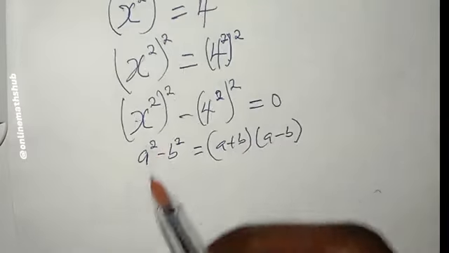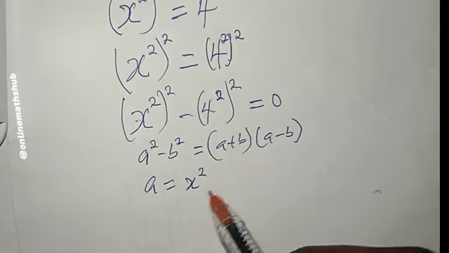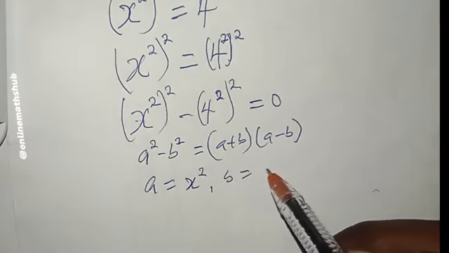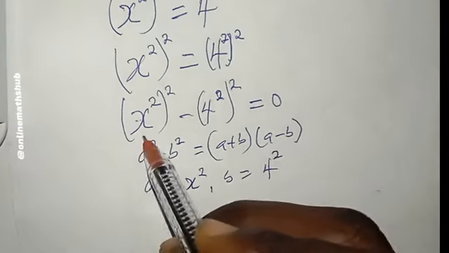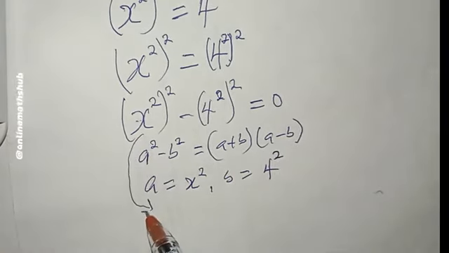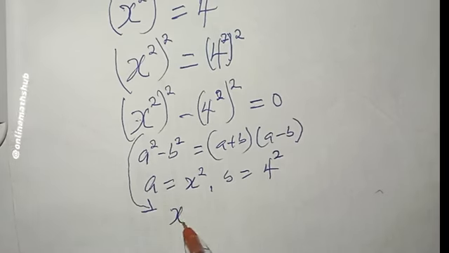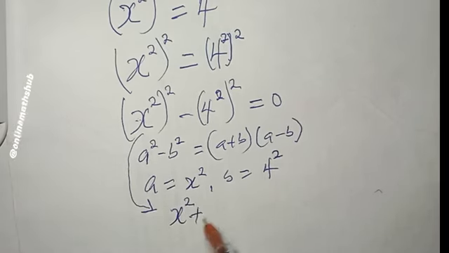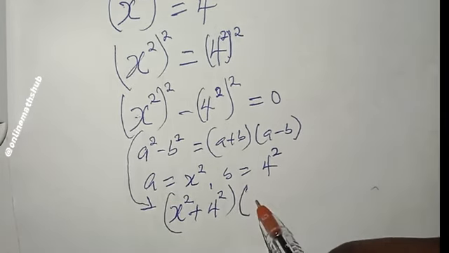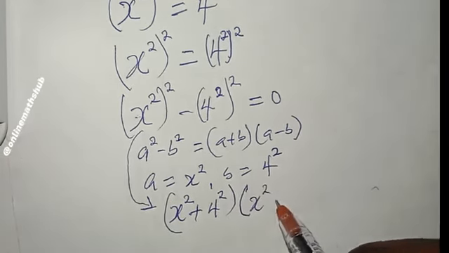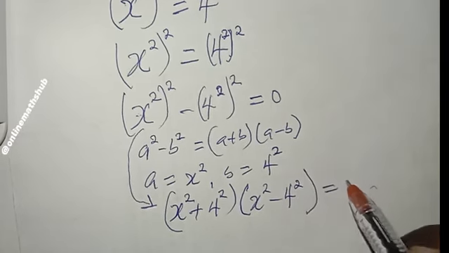In this case our a is equal to x power 2, and our b is equal to 4 power 2. So I can expand that as x power 2 plus 4 power 2, multiplied by x power 2 minus 4 power 2,